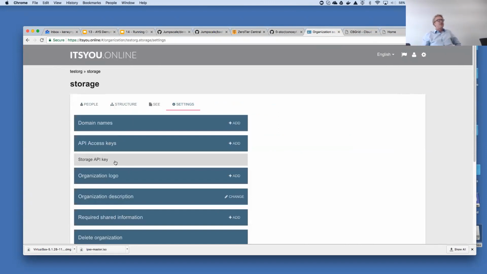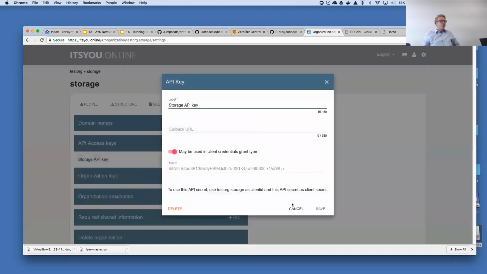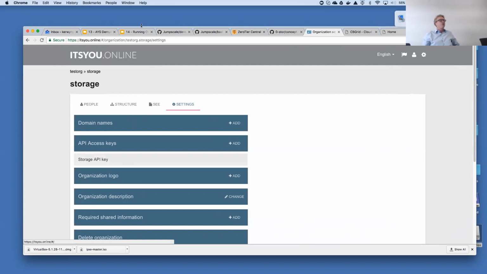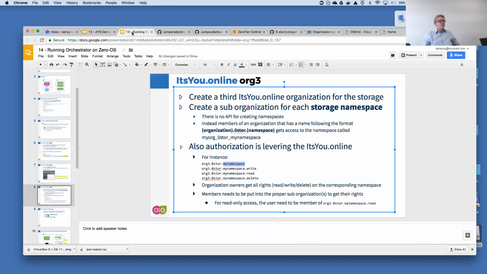This is something that you don't need yourself, but internally, the orchestrator needs to have access to some internal APIs, for which there is some protection. And that's where the storage API key comes into play. For now, it's not important. Just make sure that you create them, and then you copy them in the installation script. We'll come back to that.